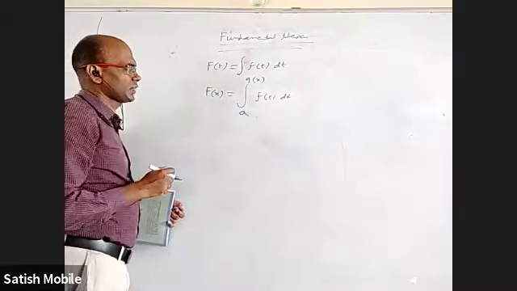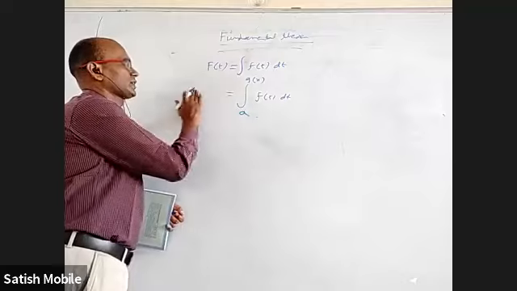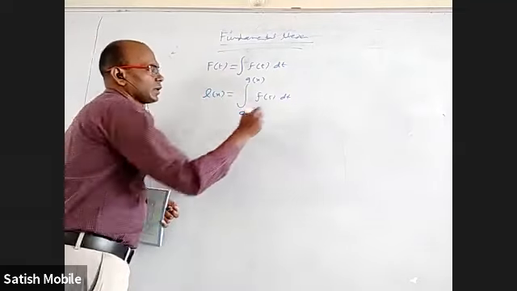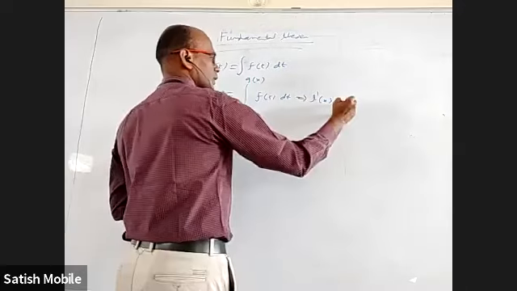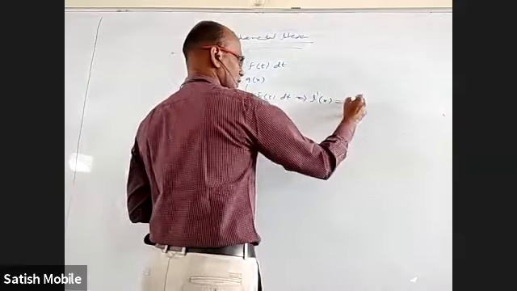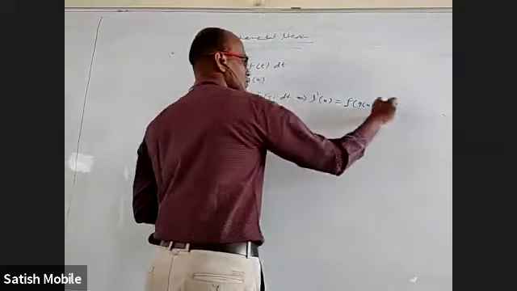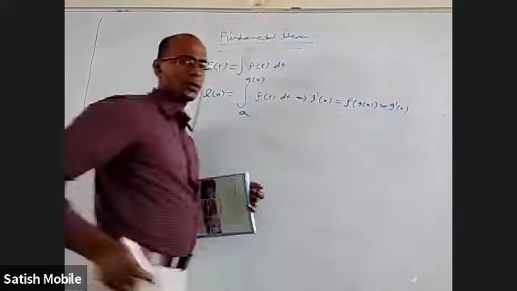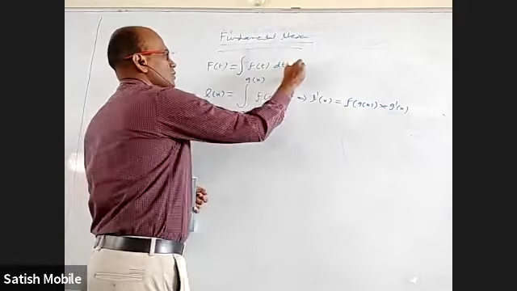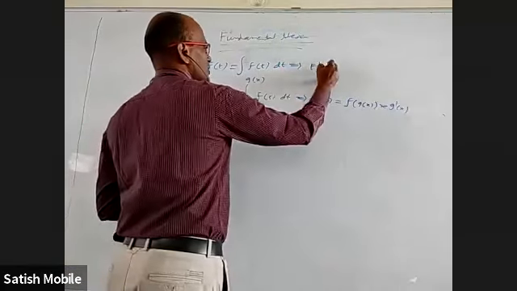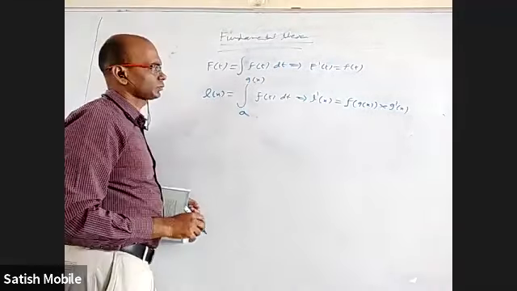So this and this are different. I can call some other name. Let us say it is L of x. What is the big deal? What is L dash x? Substitute this in the place of t: f of g of x into the derivative of this, which is g dash x. Okay. How did we prove this? If somebody remembers, from this we can also conclude capital F dash t is small f of t. That is very easy to say.